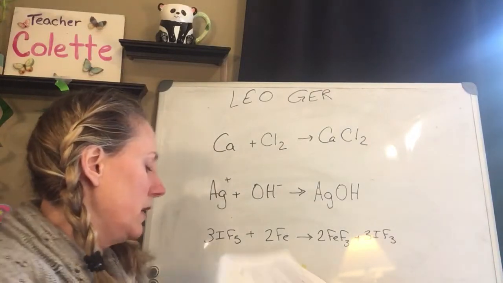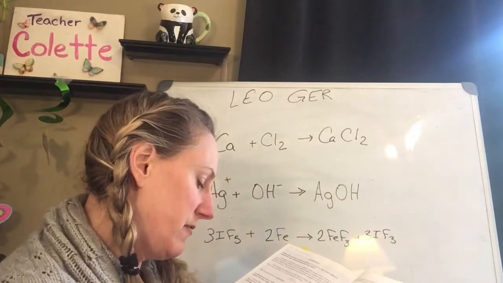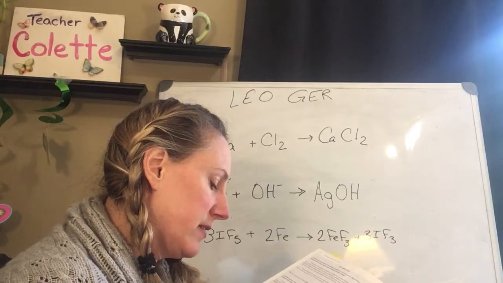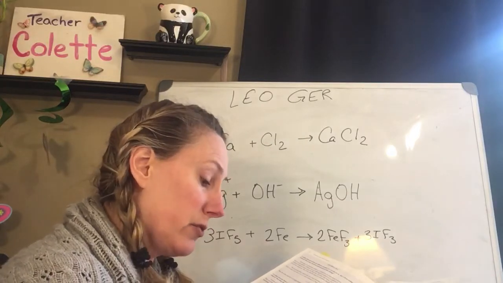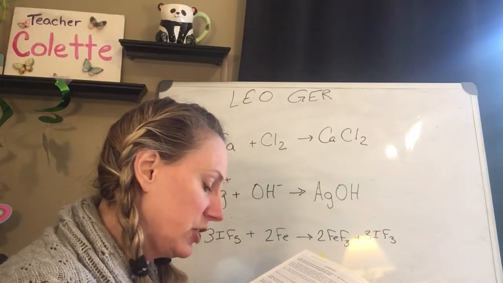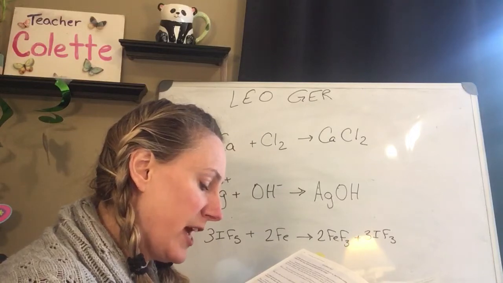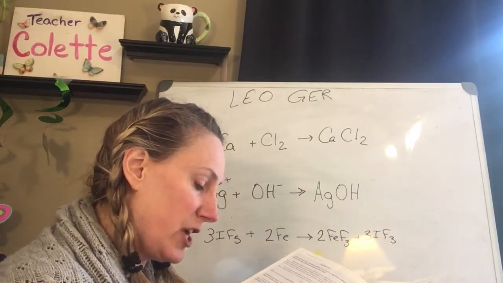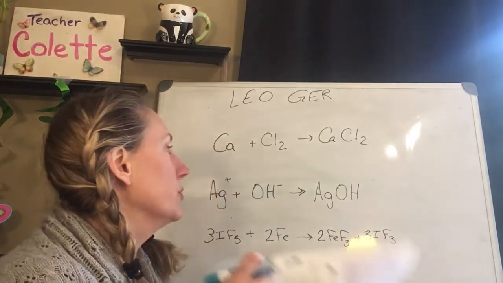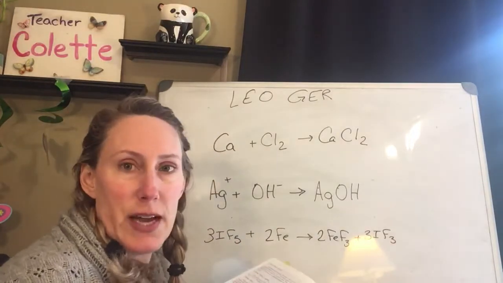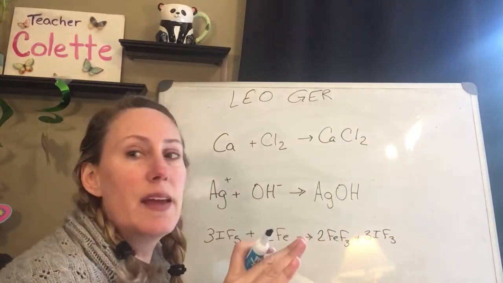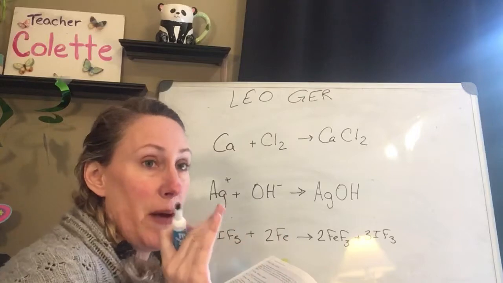Okay, so this is example 16.4. It says determine whether or not this is a redox reaction. If it is a redox reaction, identify which atoms are oxidized, which ones have changed, and tell whether they were oxidized or reduced. So a redox reaction, if you see one thing that changes from a positive to a negative,